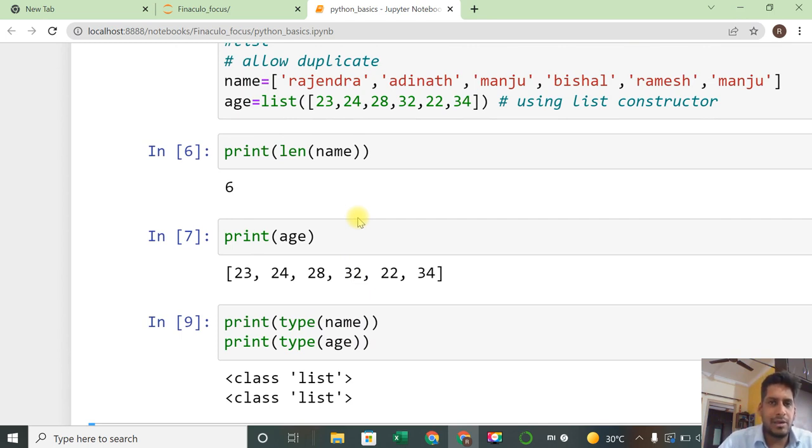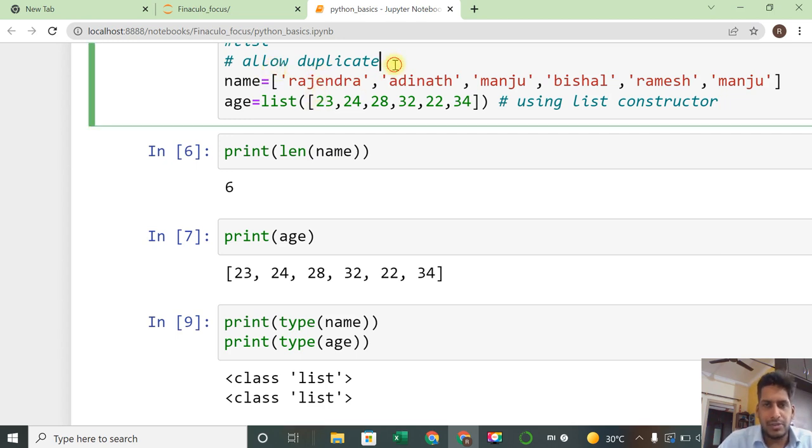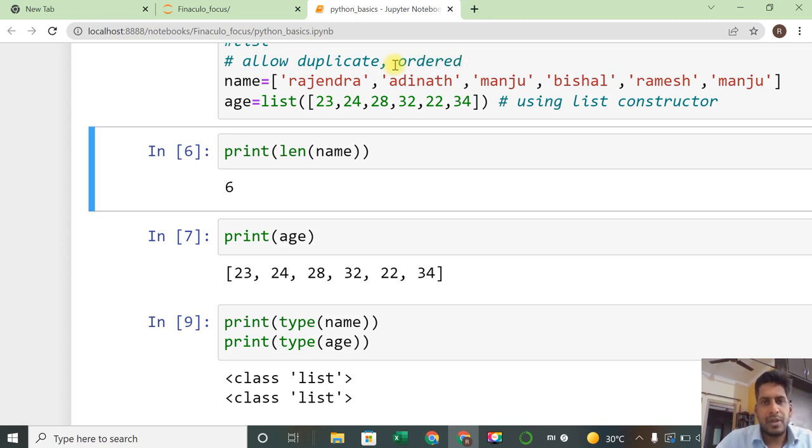And we got one characteristic: it allows duplicates, and it has an order also. It allows duplicates and it is ordered, right? You can see when I printed this age, the order I have written is the same order it has been printed, not shuffled automatically. So the same order it will maintain. That is the one thing we need to know. It is allowing duplicates, and it allows changes also. We can remove one particular entry, or we can add one particular entry